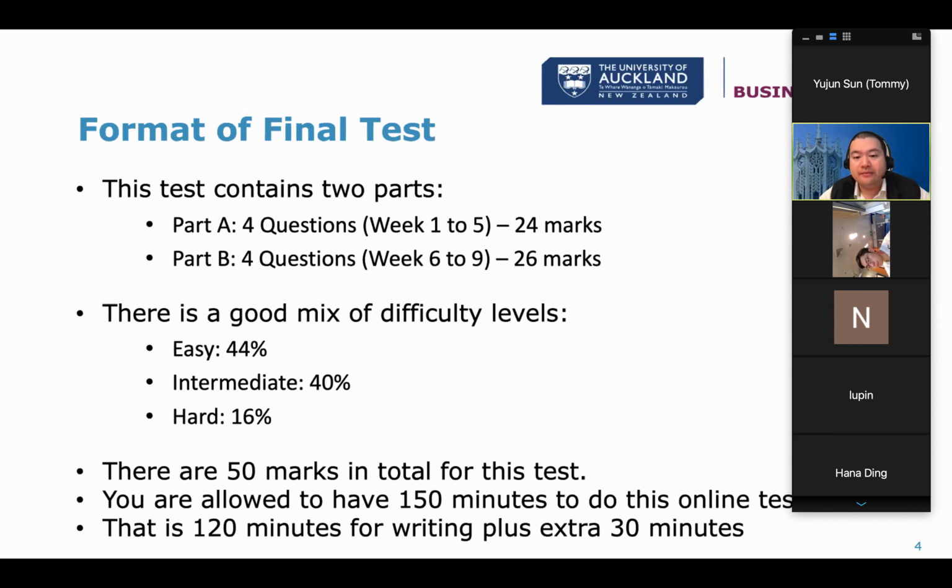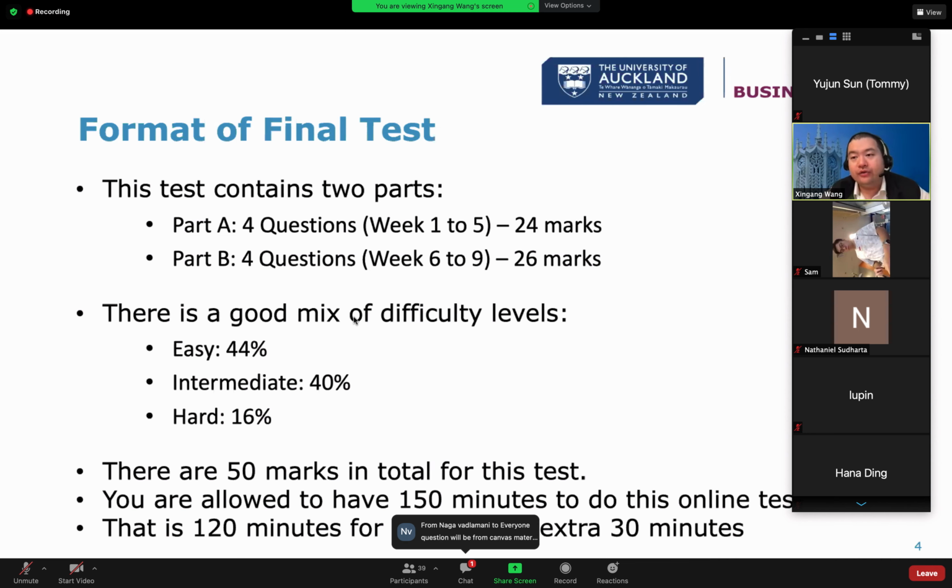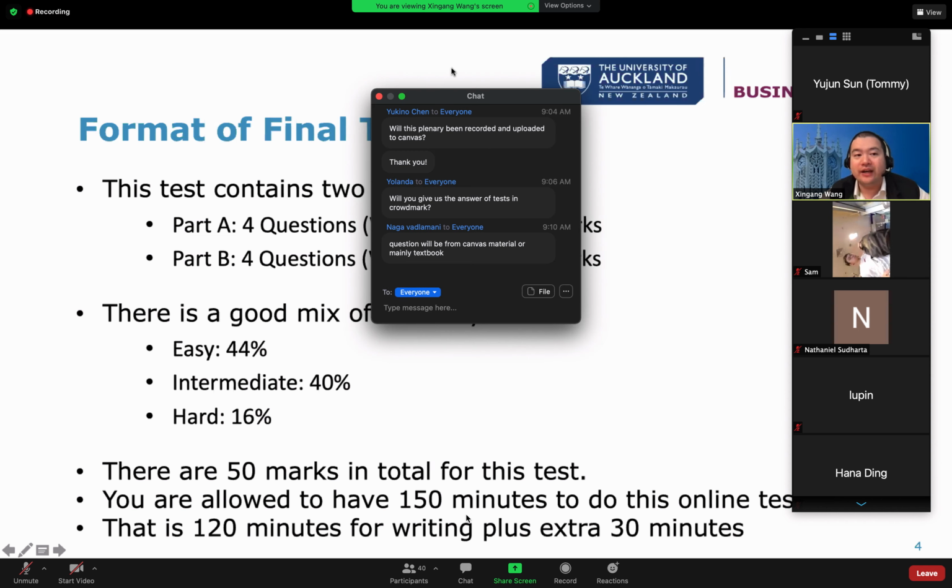So at this stage, I'm going to give a general comment on how to work out these questions in this plenary, but I'm not going to give detailed answers. This is something that I want to let you know. For the difficulty levels, if some questions have been discussed in either plenary, TBL or tutorial, I'm going to treat it as an easy question. I think this gives you some hint about